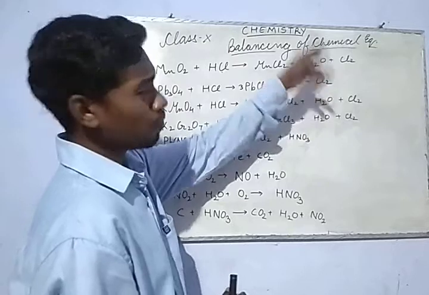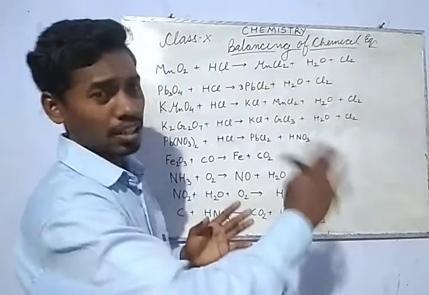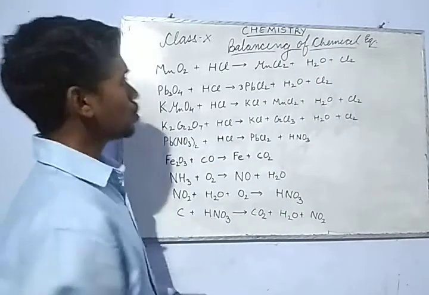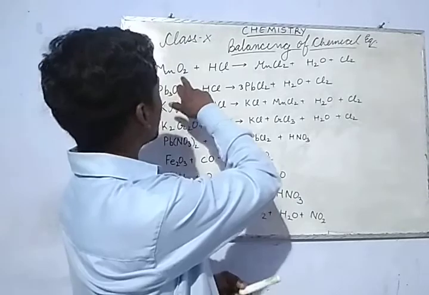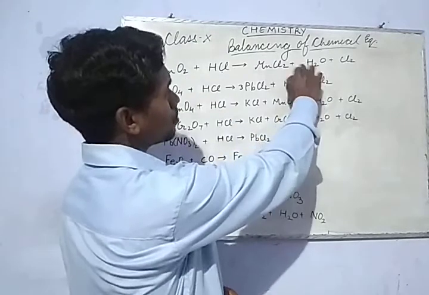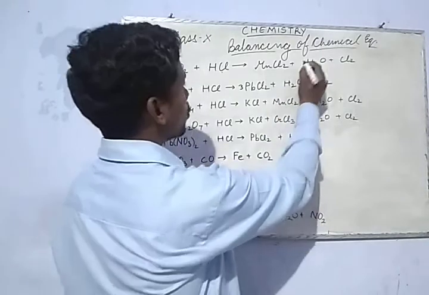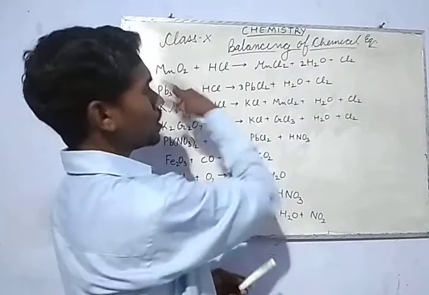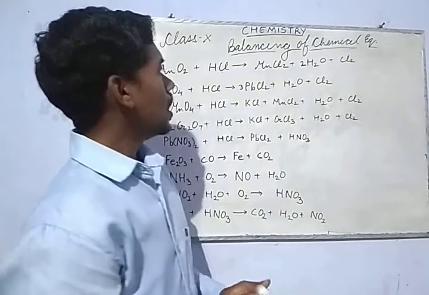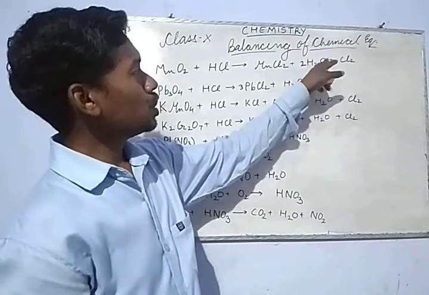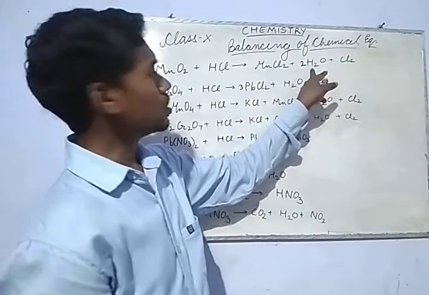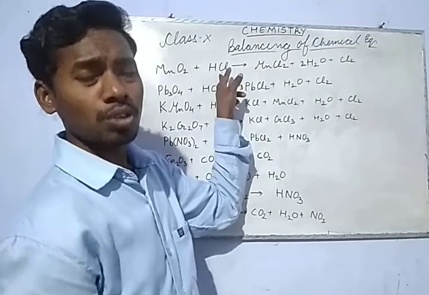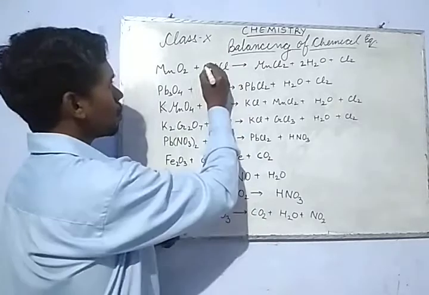Whenever we have one oxygen on the right hand side, we need to try to make it even. So how do we make it even? Here we have 2, so let's multiply this whole by 2. So 2 oxygen, and how many oxygen here? 2. So both are balanced. When we made oxygen 2, we saw that the number of hydrogen changed. It is 4 here now. So if there are 4 hydrogen here, on the left hand side also it should be 4. So let's make it 4.